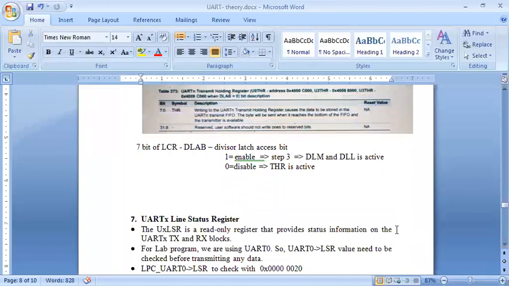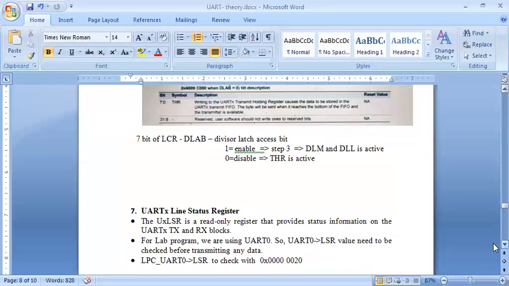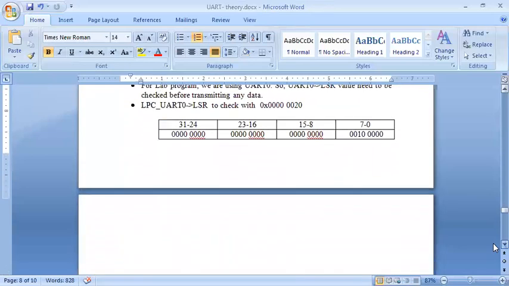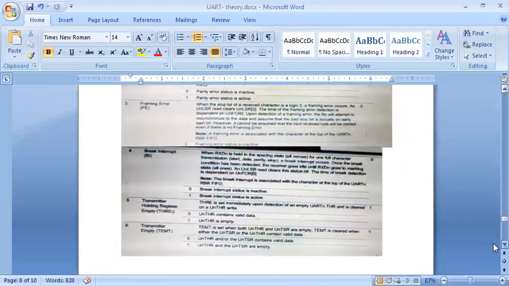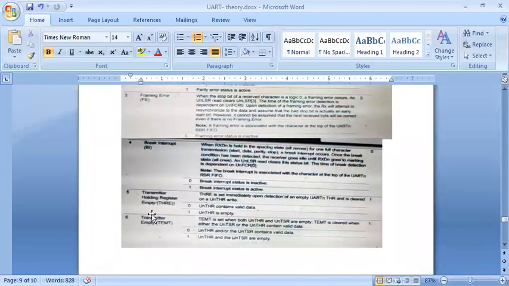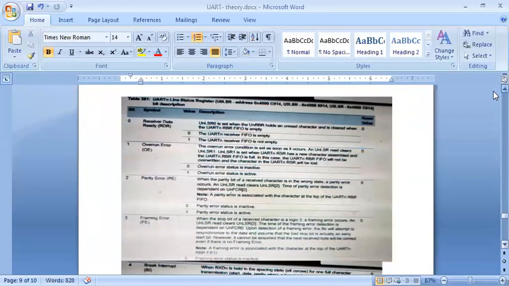Next is your line status register. Okay, line status register is for checking the THR is empty or not. For THR to be empty, the bit is present here, the fifth bit. Okay, transmit holding register empty. This bit tells that is my transfer register empty or not. If it is 0, means it is still having data. If it is 1, it is empty. So until it is not 1, you are not supposed to put the next value. Okay, so I'm going to check this value to transmit data.